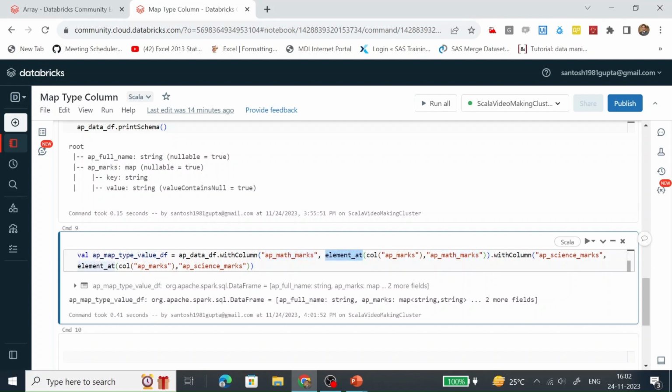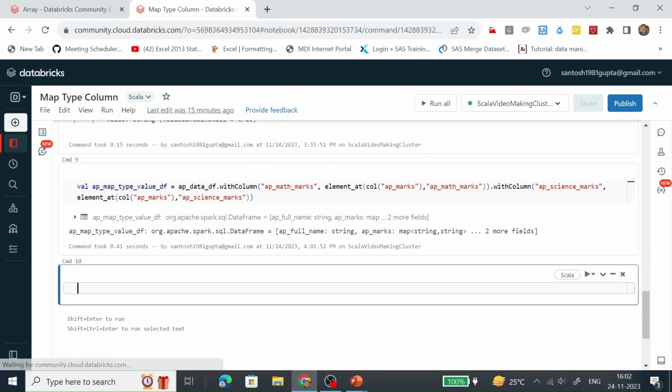Same thing we are doing here. We are creating the AP science marks column. With the help of an element_at function, we are fetching the value of the map type column AP marks, and the key would be AP_science_marks.